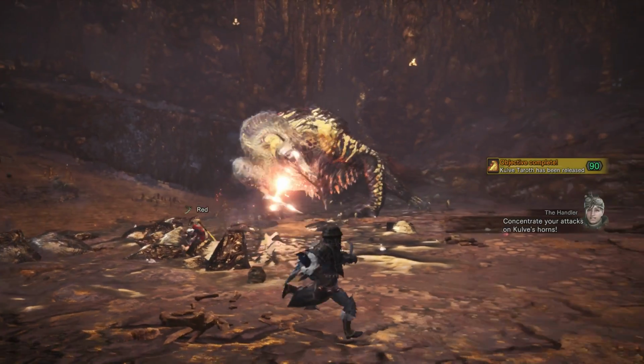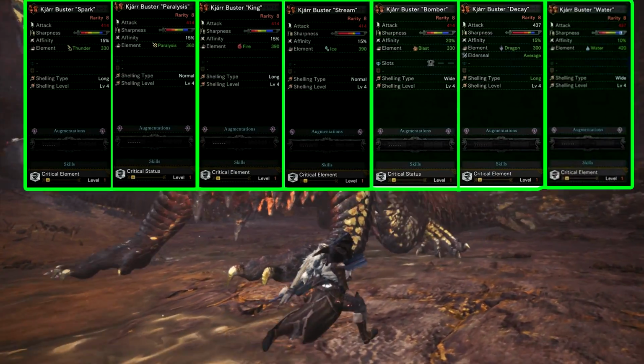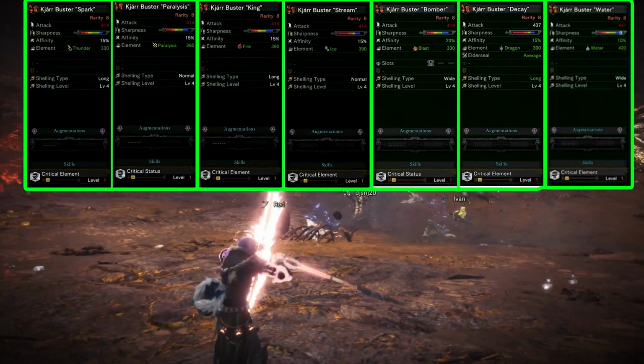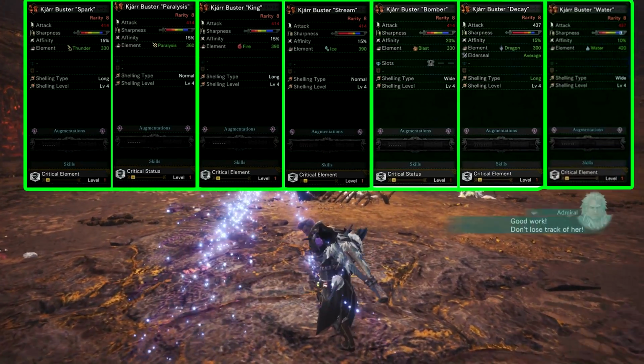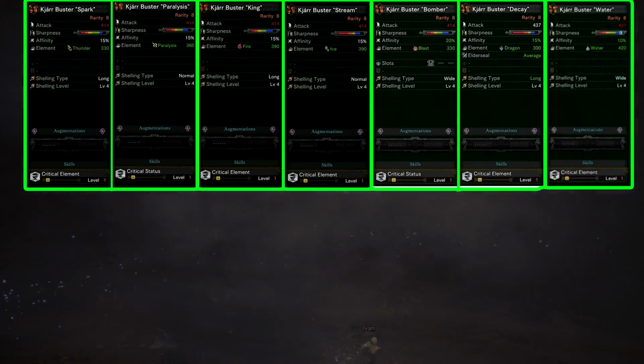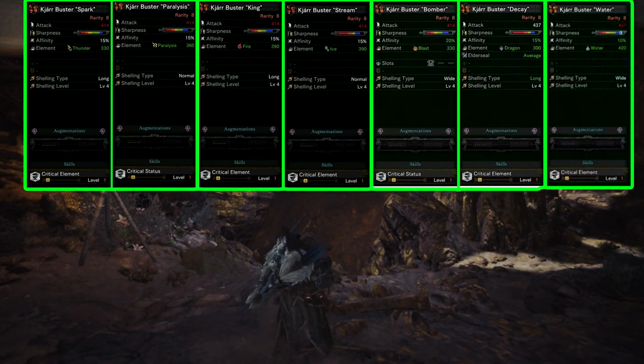If you like to shoot while you stab, then I have some good news for you. Every single Kiar gun lance has level 4 shelling of some type, and they're all upgrades over the previous Kulve gun lances they are based on, so honestly, you pretty much want every single one. They will all be good to you at some point or time if you want to mess around with stuff,